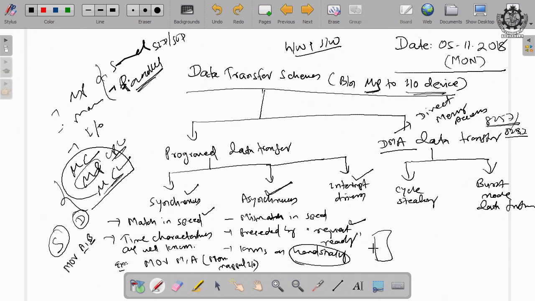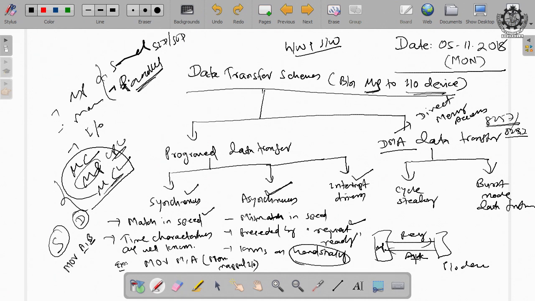So, this side is the microprocessor and this is the I/O device. First the microprocessor will send a request signal. If the device is ready, then it will send an acknowledgement signal. Am I clear? This is called handshaking, request and acknowledgement signals.